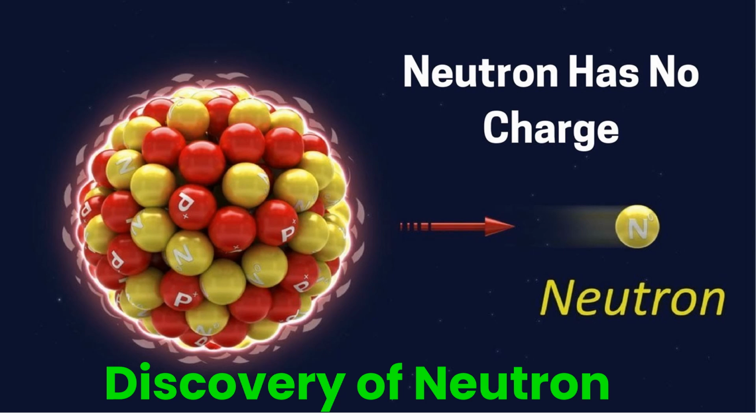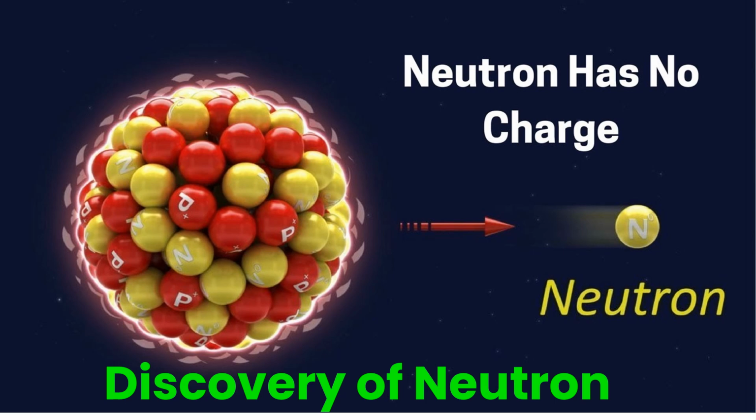Before the discovery of the neutron, J.J. Thomson as well as Goldstein discovered the proton as well as electrons by using the cathode ray tube experiment. An interesting fact to note here is that James Chadwick used the alpha particle scattering experiment to